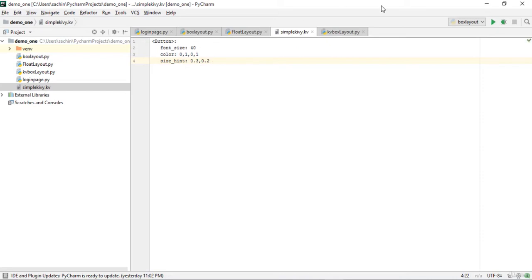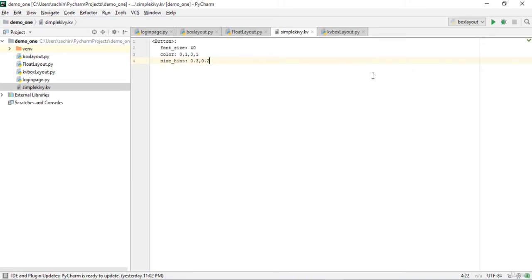So what basically this size hint is all about? So size hint is basically a variable. So size hint refers to the hint, and it is the size of an element. So basically it refers to the hint that will just refer to the size of an element based on the portion of a total available.